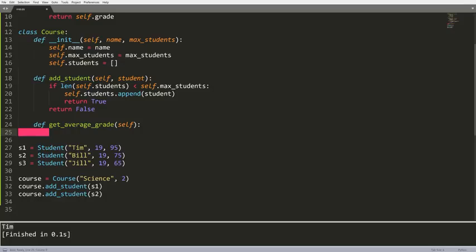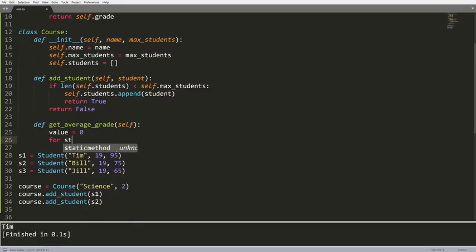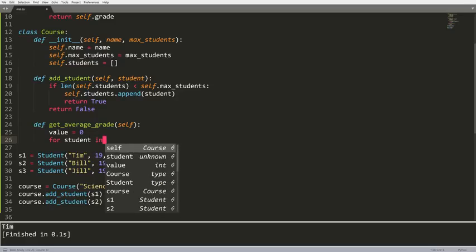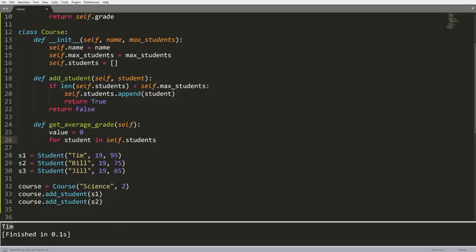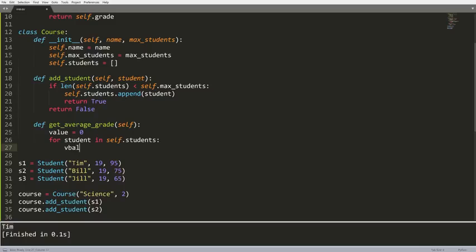To do that, what we're going to need to do is grab all of the students from the students list. We're going to need to add that to an average, and then we're going to need to divide that value to figure out what that is. So what we'll do is we'll say value equals 0. We're going to say for student in this case, self.students. Then we're going to say value plus equals